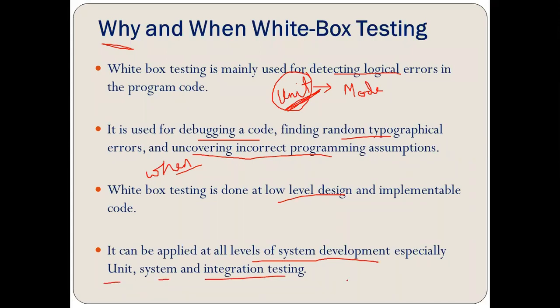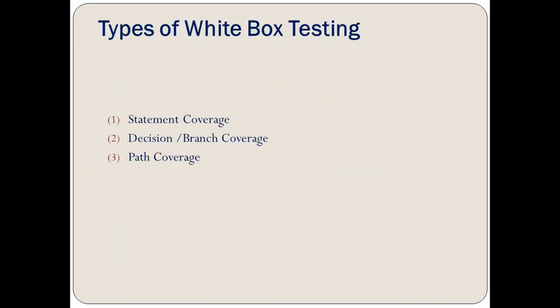In acceptance testing, we are not going to find errors in the code by executing all the statements. So that is why acceptance testing is not included here. And at a higher probability, unit testing includes more of white box testing and then integration. And lastly, very few forms of testing are done in the system testing. Okay. So that defines the answer why and when white box testing is done.